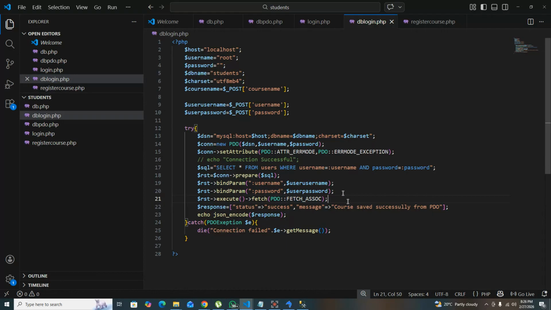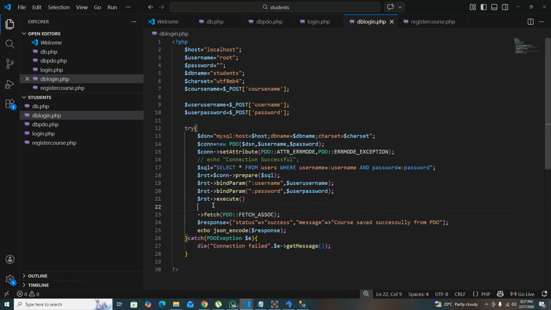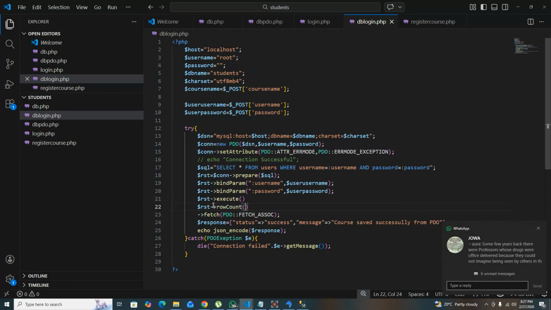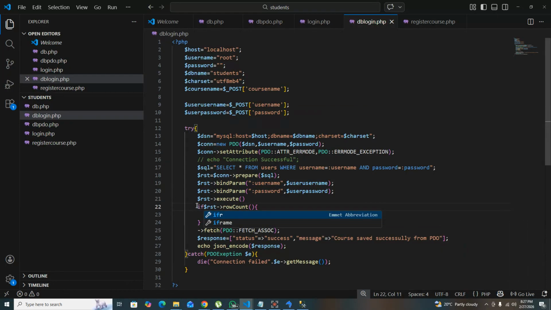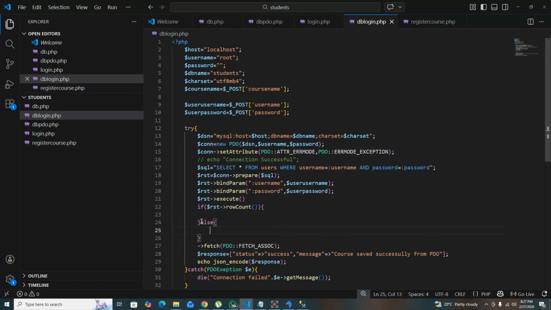Now, actually, before doing that, I would have just needed to check if there was any data that was returned. So I would have just said if RST row count, which means there were some rows that were returned, then do this. But if you don't have any data, it's going to tell you invalid username or password. That's why I'm putting that row count. So if no data is returned,